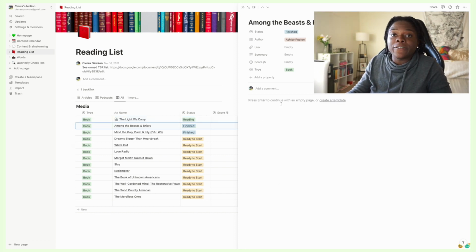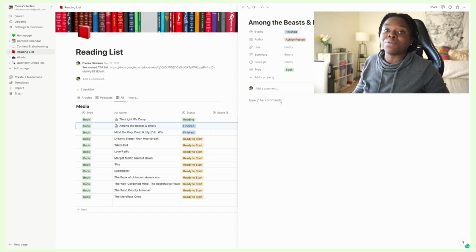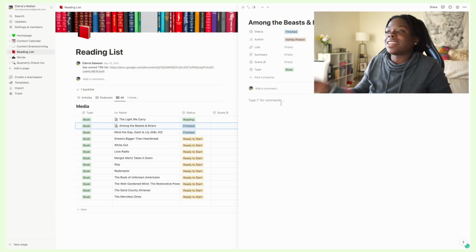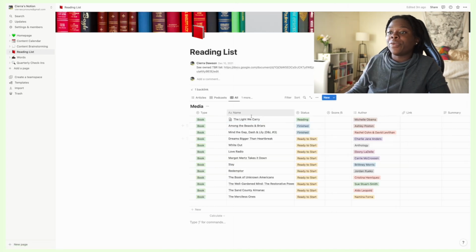It's another functional feature of Notion, another way to stay organized if you don't have a different system for taking notes, or you want to keep track of page numbers or things like that for quotes. Anything that you could think of, you can use it for, and it is specific to the book or whatever you're clicking on. So that's pretty cool.